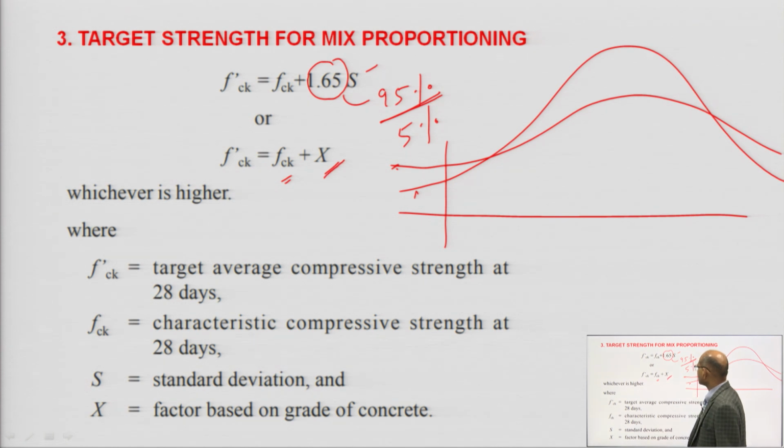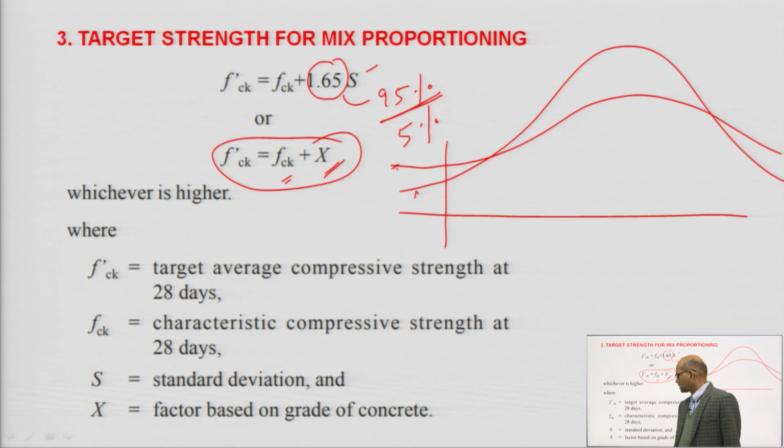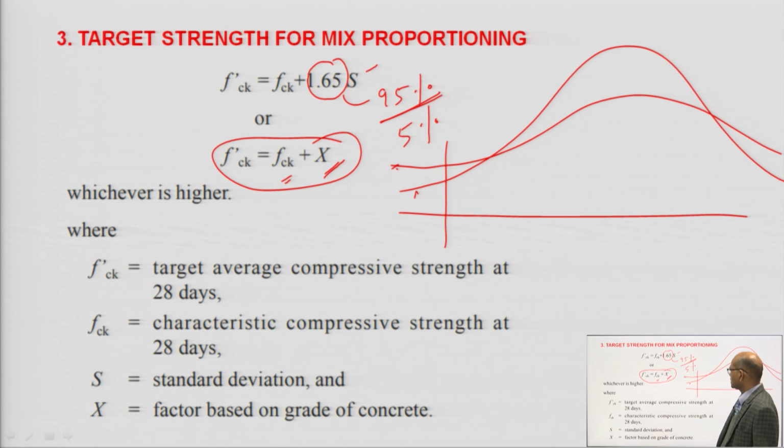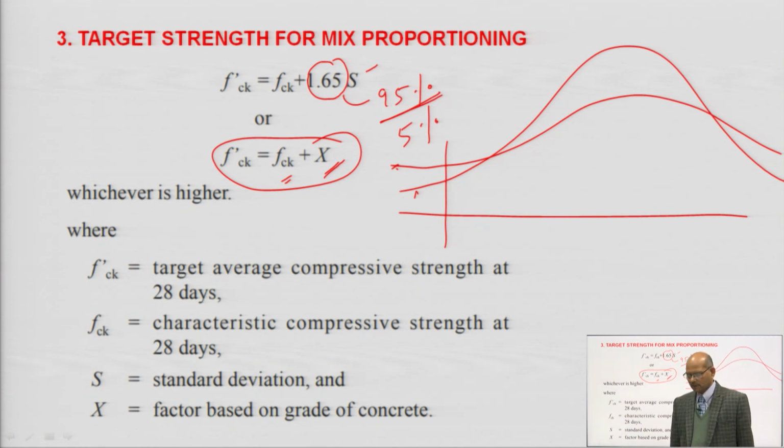This is the new addition with respect to the 2009 code. In the 2009 code, this expression was not there. So, this has been written here: f'ck is the target average compressive strength at 28 days, fck is the characteristic compressive strength at 28 days on a cube of size 150 mm by 150 mm by 150 mm, s is the standard deviation, and x is a factor based on the grade of concrete. So, for this value of standard deviation, if you do not have the initial data, because you do not have the contractor's previous record,